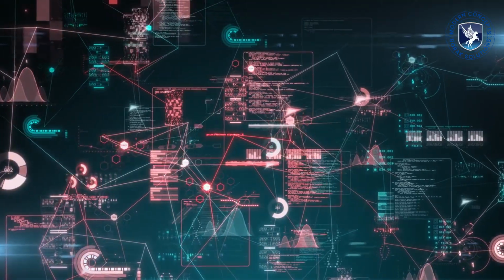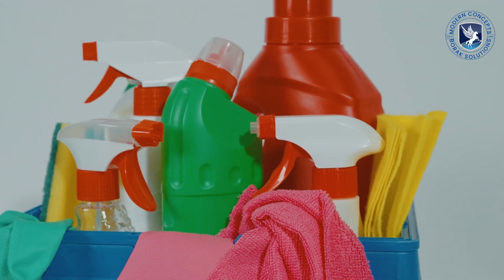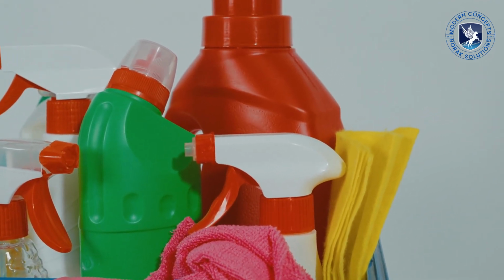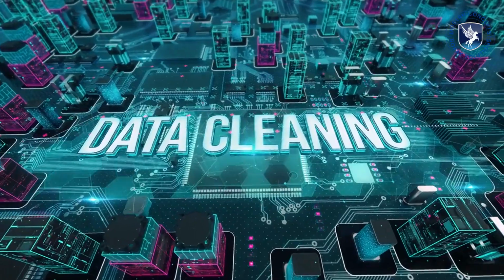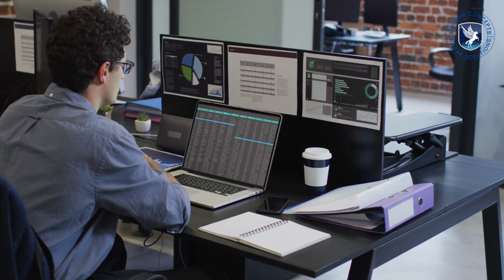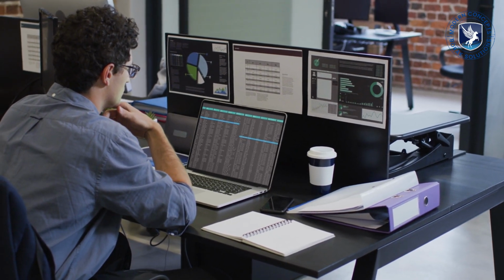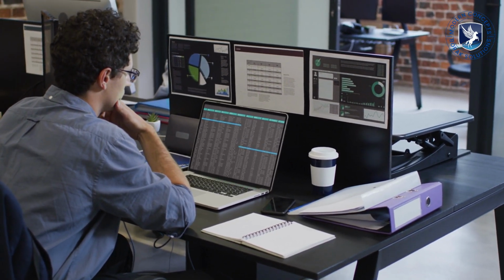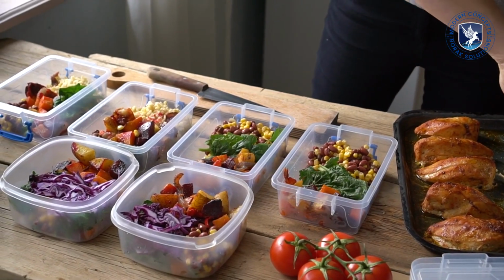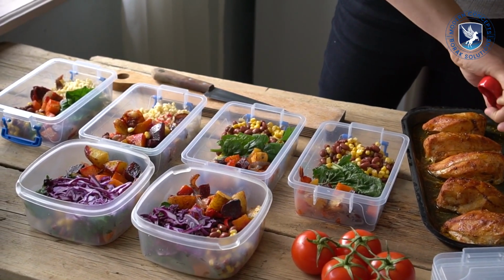Data preparation involves several steps: cleaning, handling missing values, removing duplicates, and addressing outliers. This ensures your data is accurate and consistent. Pre-processing, normalizing and scaling data so that it's on a consistent scale for your model. Think of this as getting all your ingredients into the right measurements for that perfect smoothie.